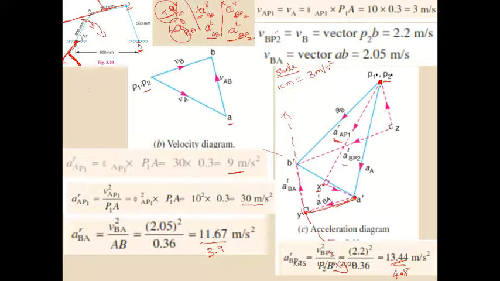So from this point, P2B is in the upward direction, so I have to draw the parallel line in the downward direction. So I have drawn the parallel line in the downward direction. This is the parallel line. So here I have P2 radial, A radial, P2B in the downward direction, because here the link is in the upward direction.